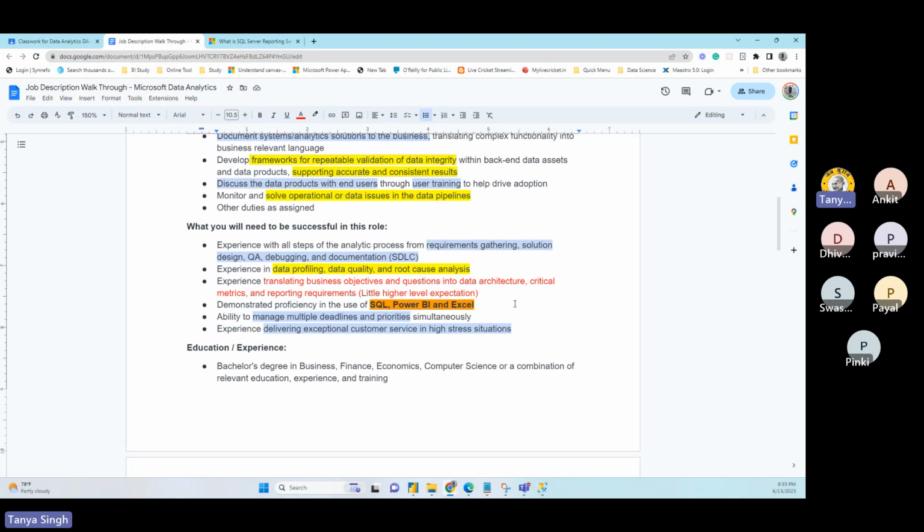They talk in business terms and we talk in data terms. We say this table has this value, this column is not there, and they say, "I don't understand what you are saying. I don't know what table is behind that. I'm not getting the member details, that's my problem, and you are saying this table is not there."